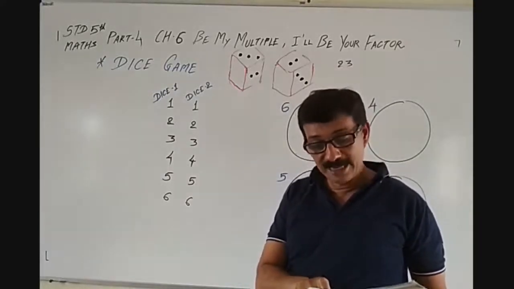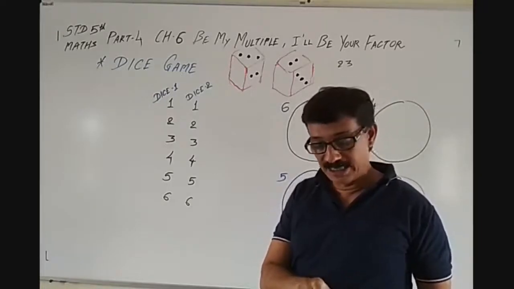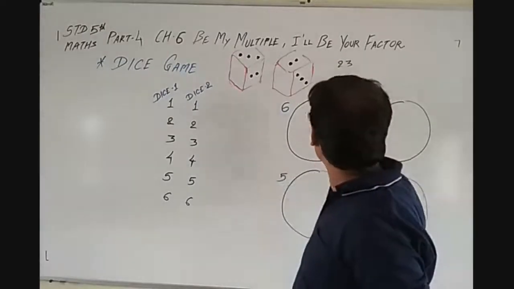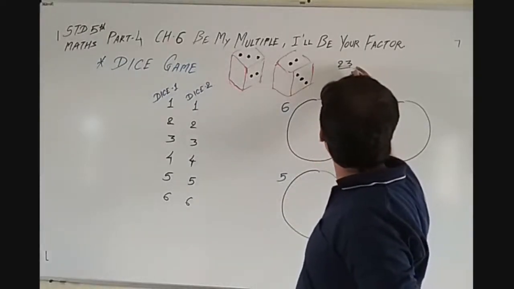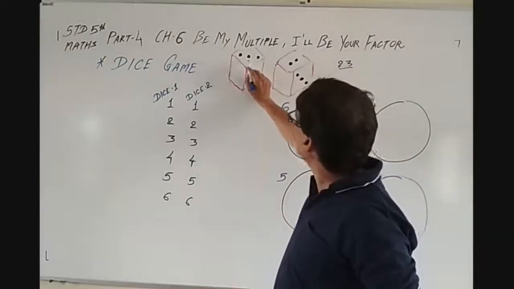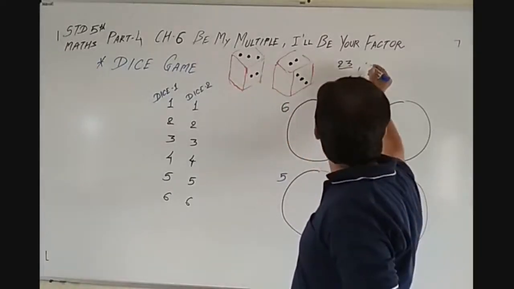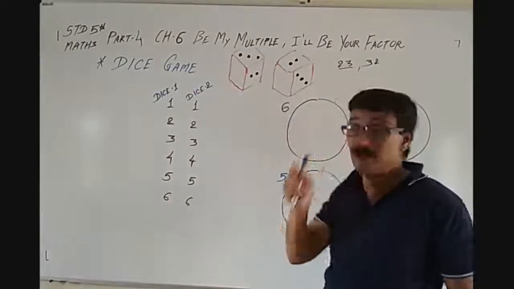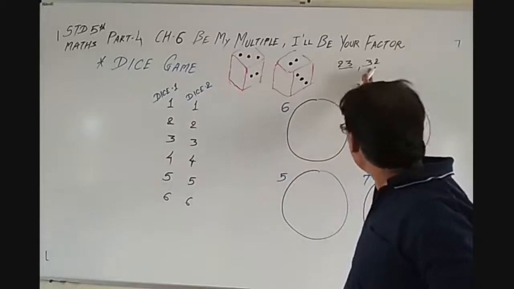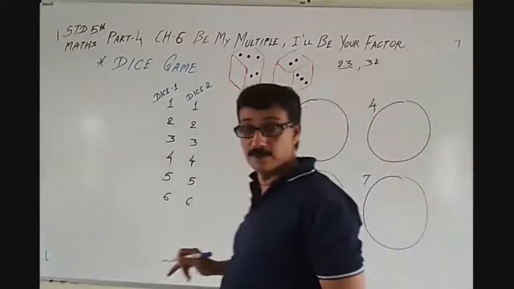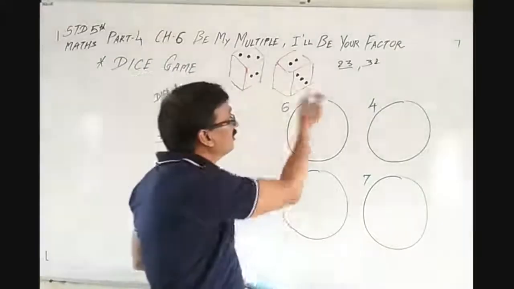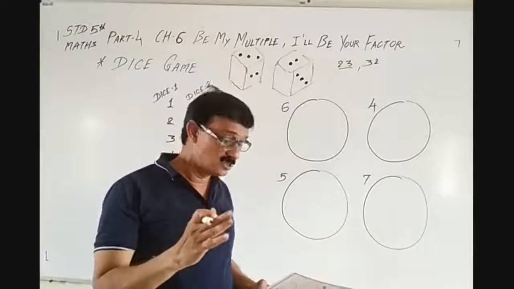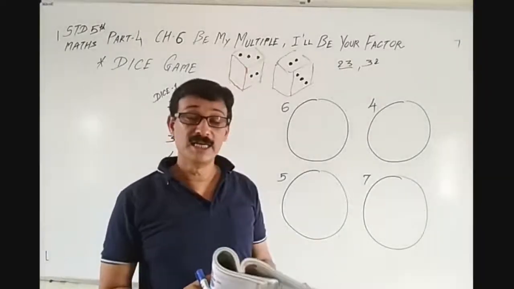So I will make 32, which is a multiple of 4. Write it in the red circle. So instead of 23, I will write 3 and 2. First I will write 3 and then 2. I can change the place of the numbers, and it will be 32. Now 32 is a multiple of 4, isn't it? So I will have to write 32 in the circle of 4. Do you get these rules? So now let's go.